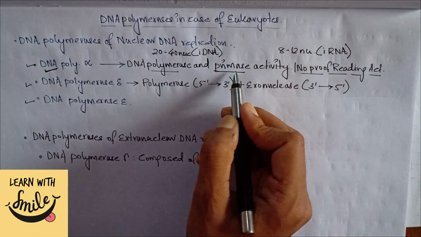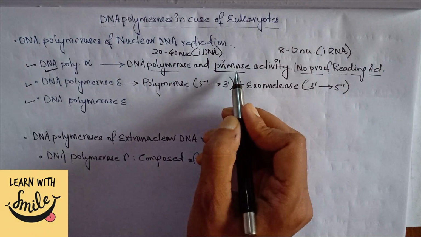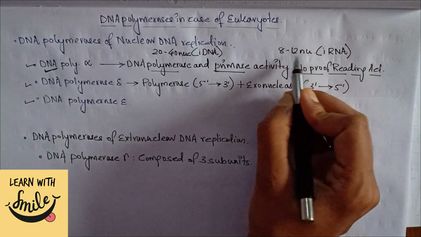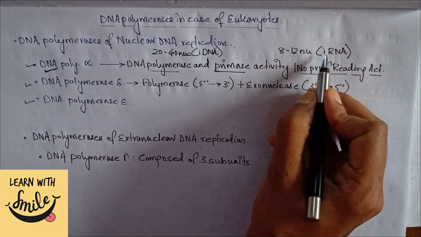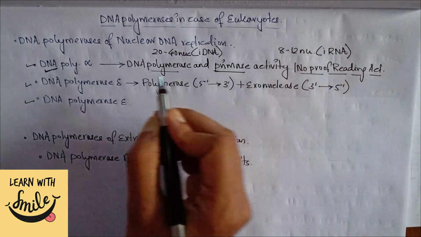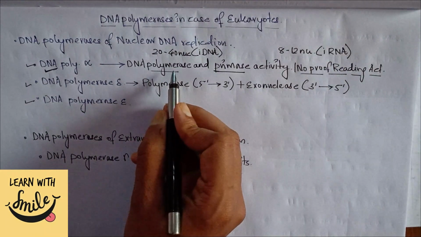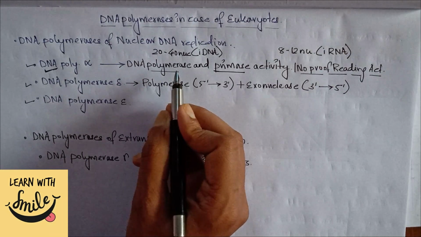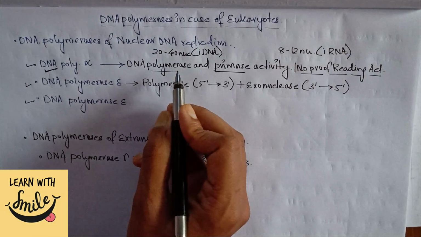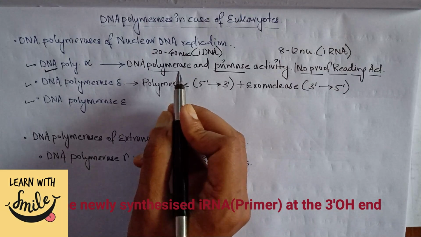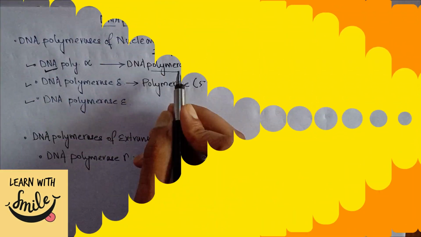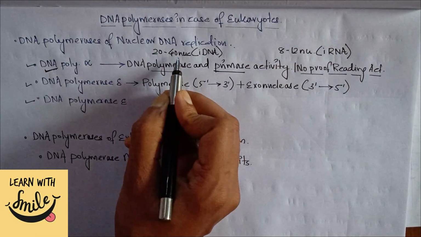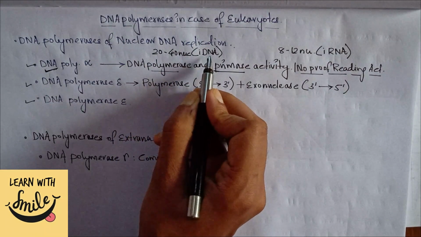With the help of primase activity, it can synthesize the primer, which is approximately 8 to 12 nucleotides long, also known as the initiator RNA, and with the help of polymerase activity, it can synthesize the initial few nucleotides and add them to the newly synthesized stretch of DNA, and that very short stretch of DNA can be approximately 20 to 40 nucleotides, and it is known as the initiator